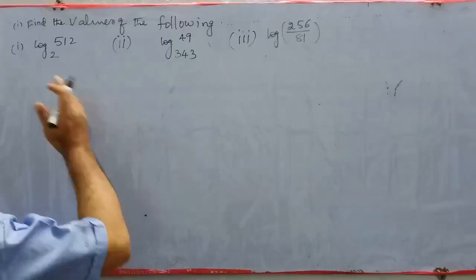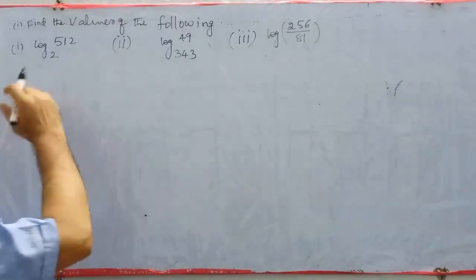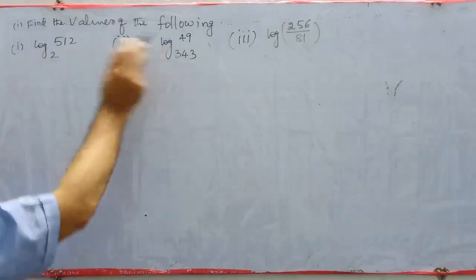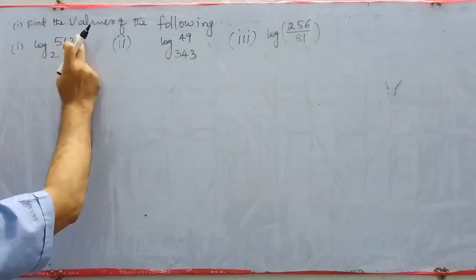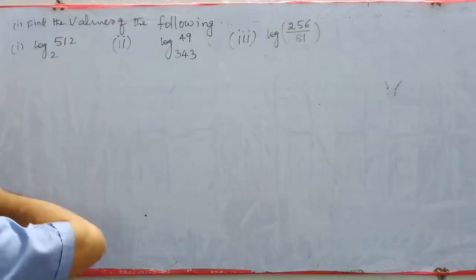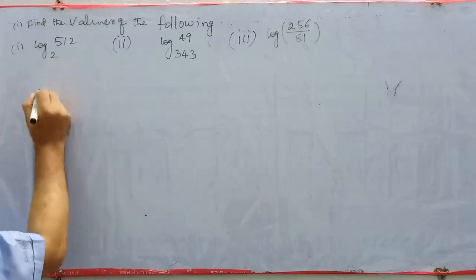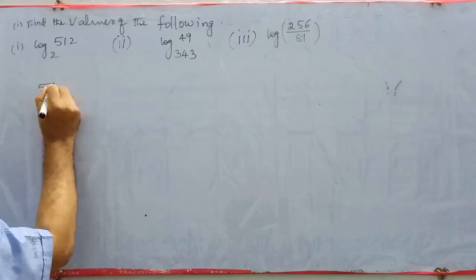Okay children, let us solve some problems according to the formulas. First one, find the values of the following. First one, log 512 base 2. Here 512 can be written as